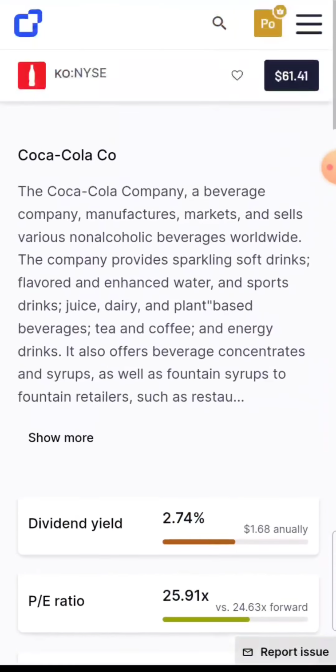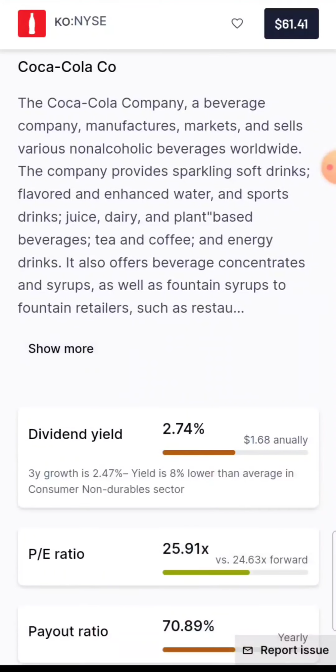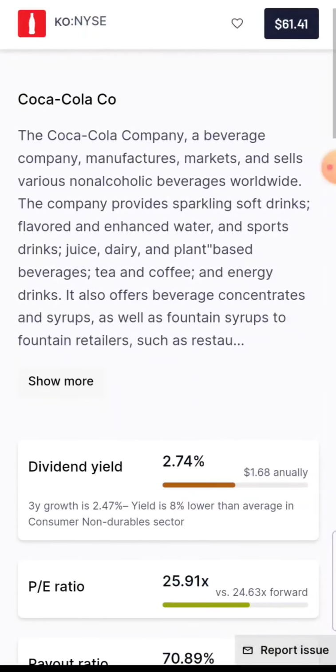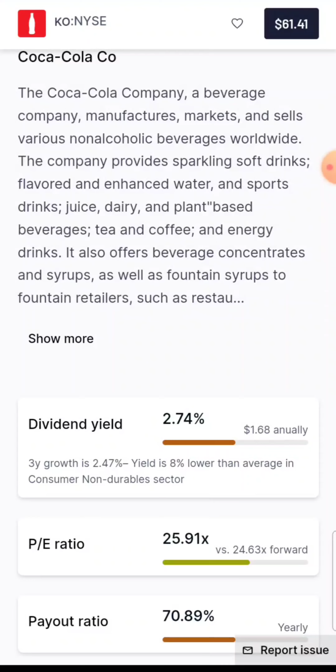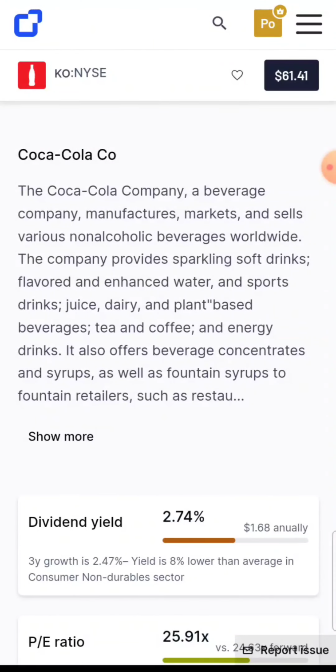So just keep that in mind. But these dividend aristocrats, they earned their titles, and a lot of people want to be dividend aristocrats. So if you are a dividend investor, as I said before, the main thing that you want to be paying attention to is that annual dividend. That annual dividend is what's going to pay you. So if you want a high annual dividend,